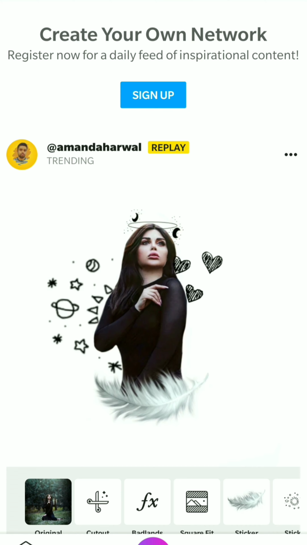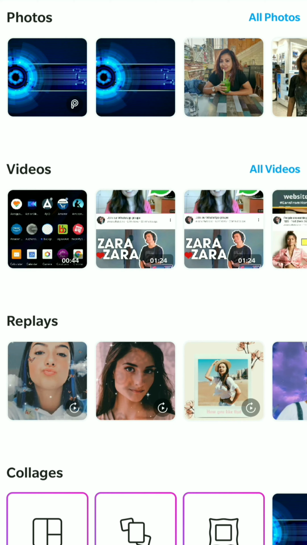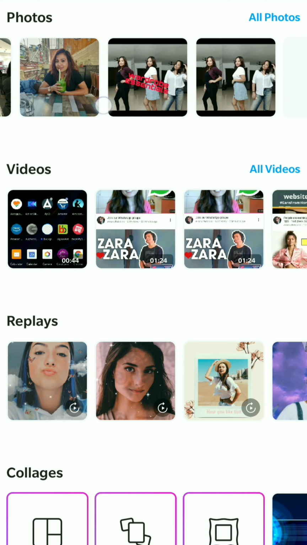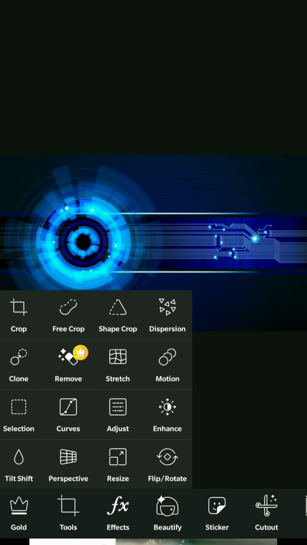Just choose the image that you want to use on PicsArt. When you open PicsArt, you will have a plus sign right at the middle. Click on that. It will ask you to choose the image that you like, so go and choose it. Towards the bottom, the second icon says tools.